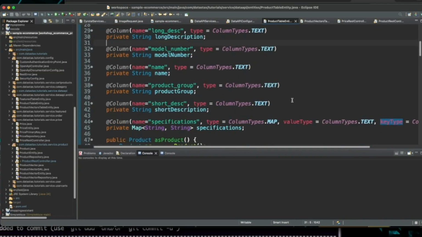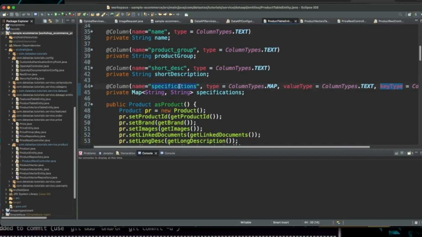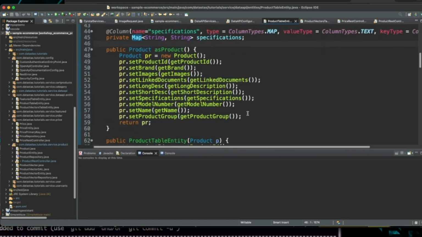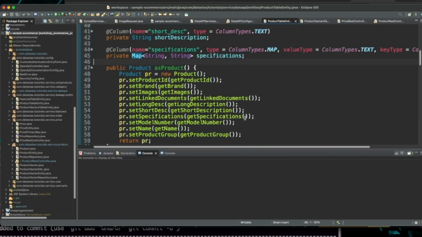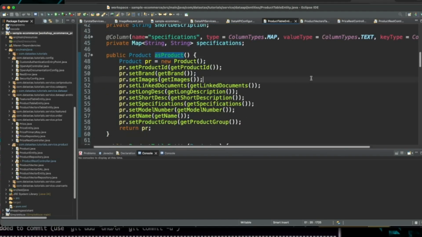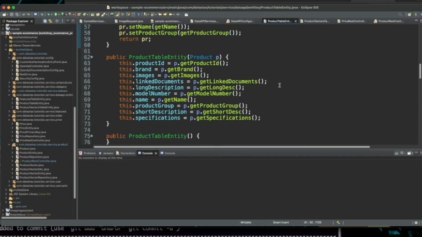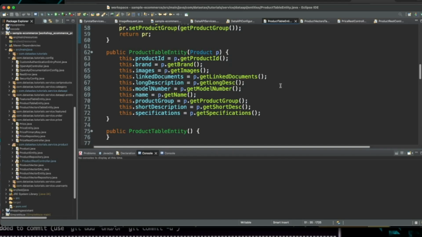And this is really just the rest of our payload columns coming back, including specifications, which is also a map of string. And then on the bottom here, Cedric went ahead and created an as product mapper, so that maps everything out as far as the product table entity is concerned.